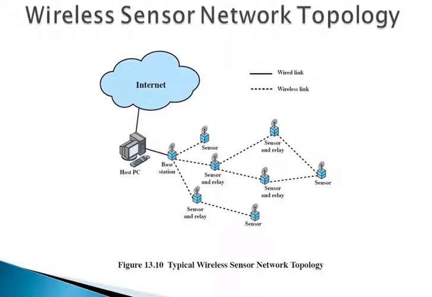Next is wireless sensor network topology. This figure shows a typical configuration. A base station connects a sensor network to a host PC and passes on sensor data from the network to the host PC, which can do data analysis and/or transmit the data over a corporate network or internet to an analysis server. Individual sensors collect data and transmit this to a base station either directly or through sensors that act as data relays. Routing functionality is needed to determine how to relay the data through the sensor network to the base station.